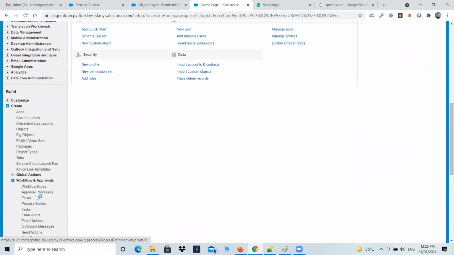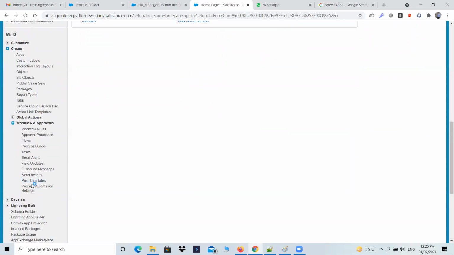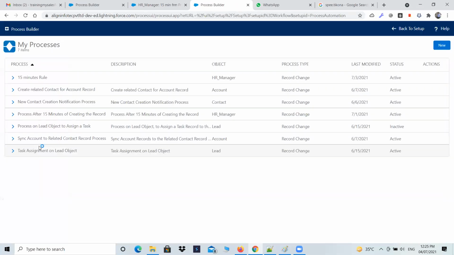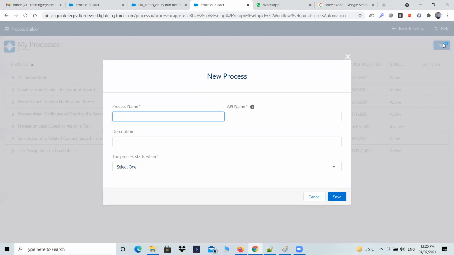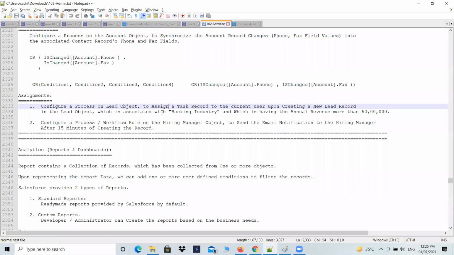There is no direct option to create a task and event. But task and event create करने का मतलब task object में record create करना, ठीक है। Task create करना या event create करना मतलब record create करना। तो create a record option है आपके पास, create a task option नहीं है, but create a record option है।